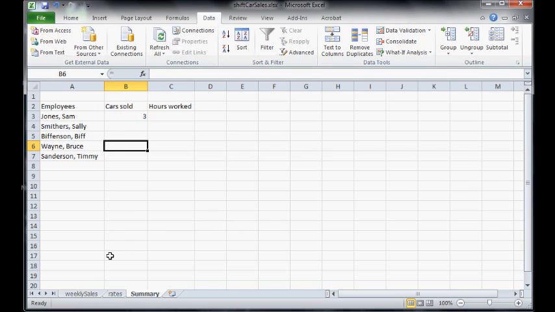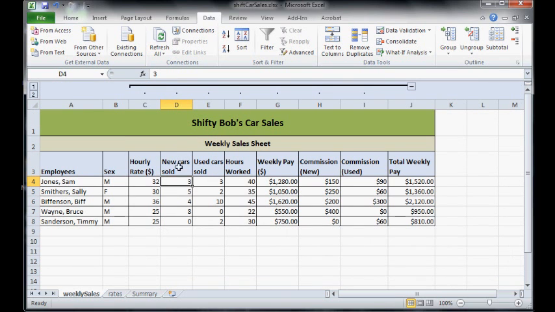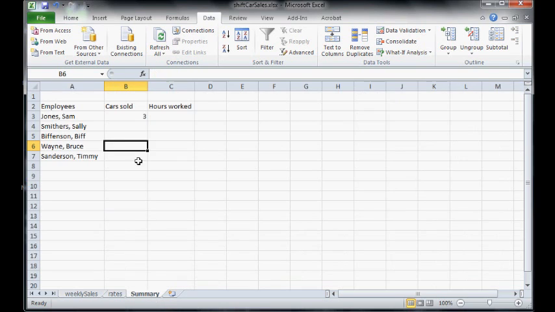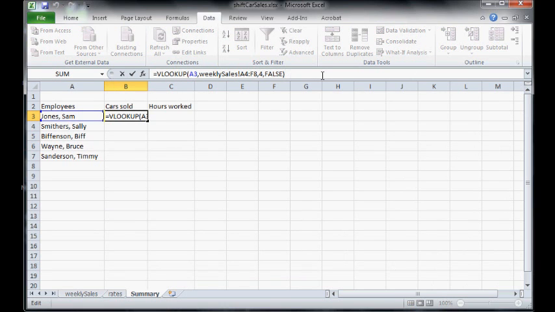Now I know what you're thinking. We only got one list of the cars sold, so we need to plus 2 of these VLOOKUPs together to get the total number of cars sold. So that's actually pretty easy. We go back to our summary sheet and we just add a plus. So we go plus